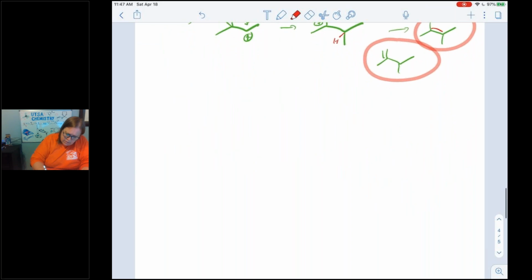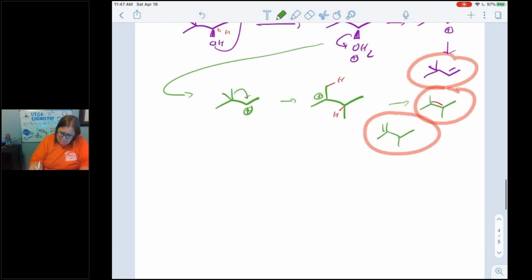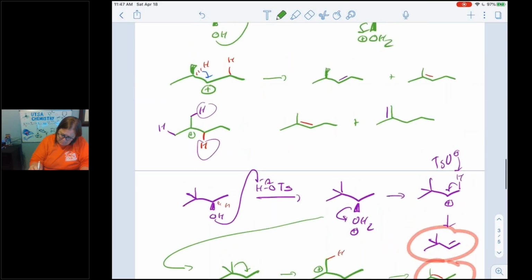All right. Say I gave you this one. Yes, go ahead. On the problem you did right before this one, the purple beta hydrogen all the way on the left, is there a reason we're not seeing a product for that? So if I were to eliminate this, I would get this,